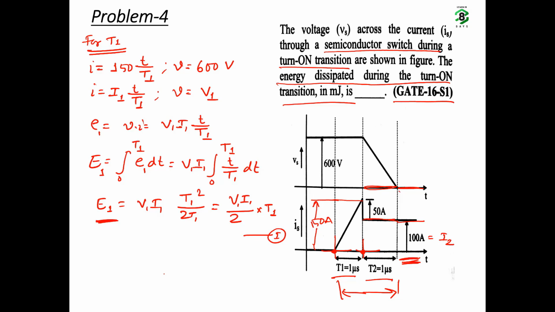And in case of switching loss, we need to define the boundaries. For example, here we have defined T1 and T2, what the current equation is or what the voltage equation is, and accordingly we will calculate the energy separately for each duration. You consider the origin as per your convenience. I have considered separate origins for separate durations. It is easy to calculate the energy by using this method.